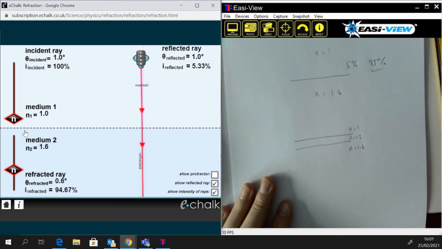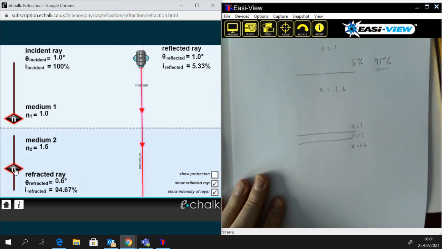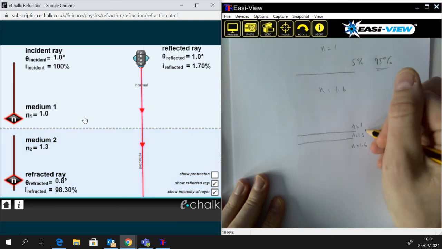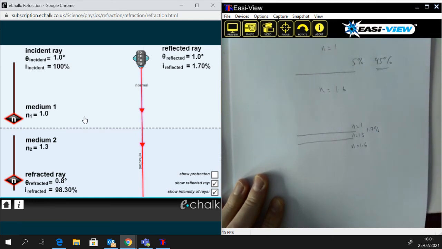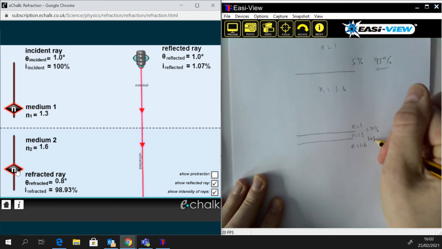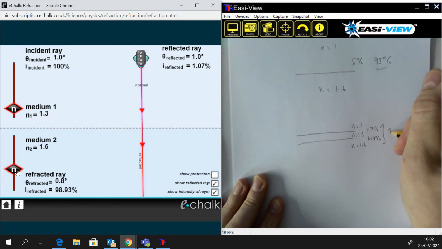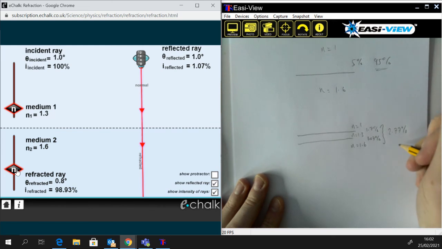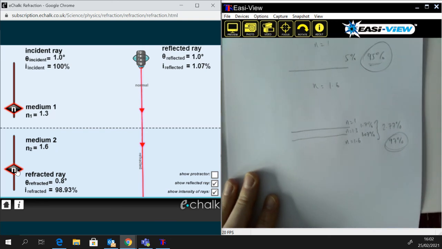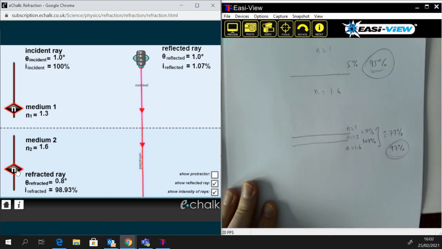So if we hit the first surface, so I would change that to 1.3, you can see that you get 1.7% reflection. And then at the second surface, so now this one is 1.3 and this one is 1.6, you get an additional 1.07% reflection. So in total, you're losing about 2.77% of the light. So around about 97% of the light is getting transmitted, which is a fairly simple, clever way of reducing